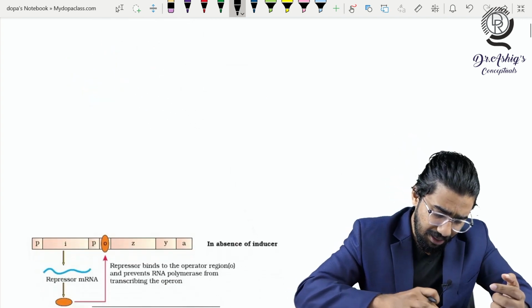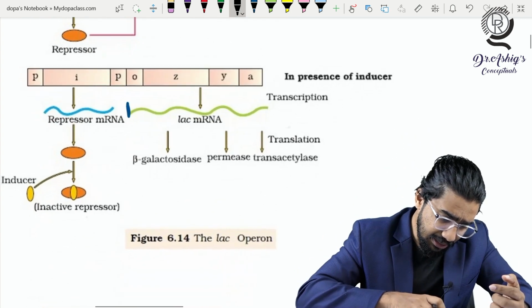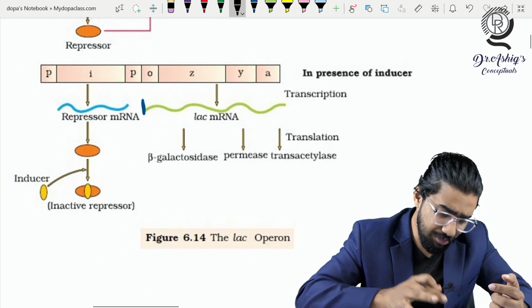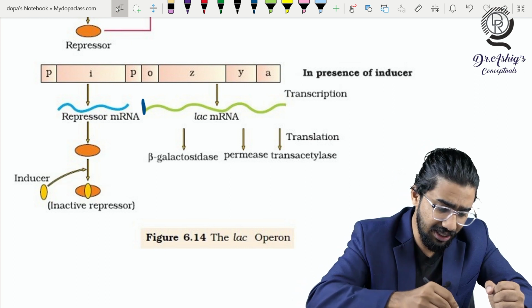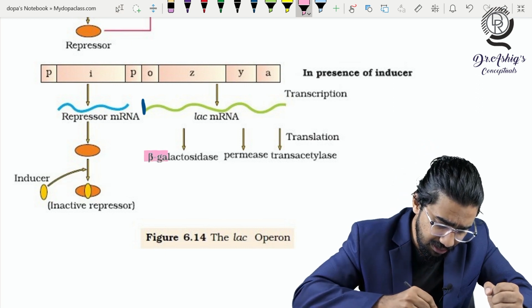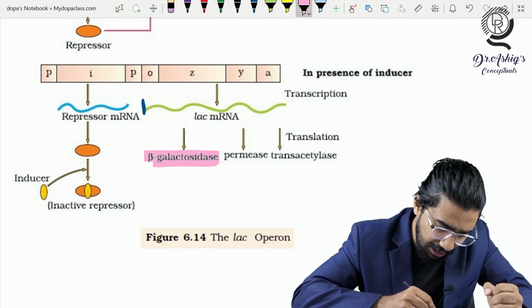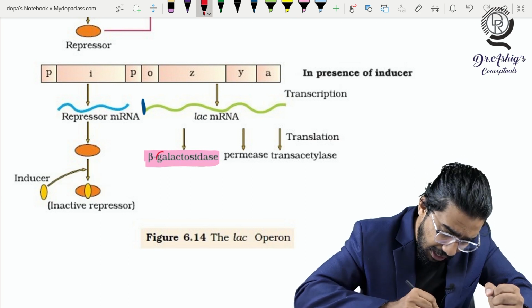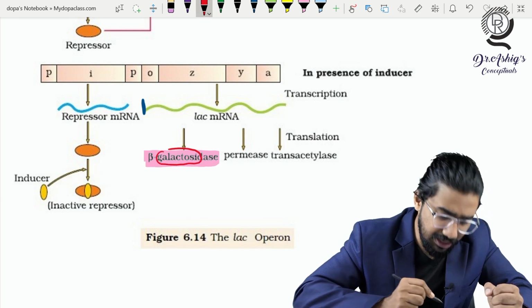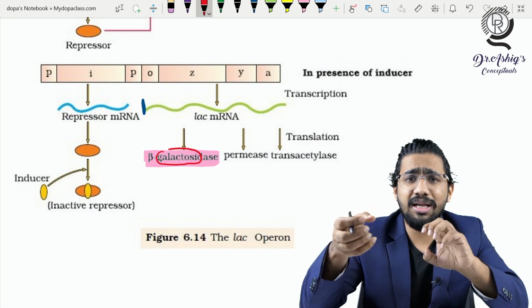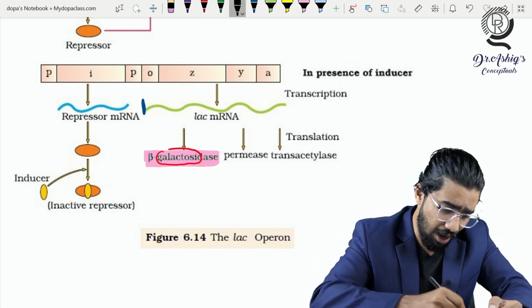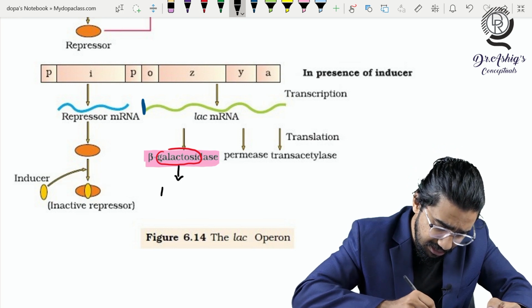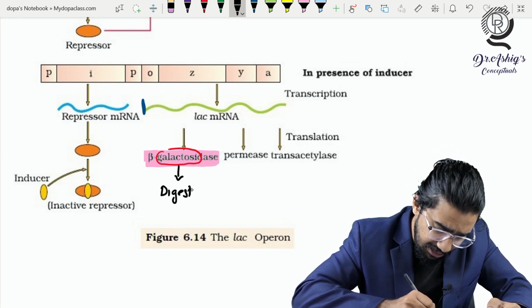For that purpose, the bacteria needs three different kinds of enzymes. For lactose digestion, how many enzymes does the bacteria need? Three enzymes. Which are the three enzymes? The first enzyme is known as beta galactosidase. Galactose is the sugar present in lactose, and for separating the galactose from the lactose we need the beta galactosidase enzyme. So this beta galactosidase is the digesting enzyme for